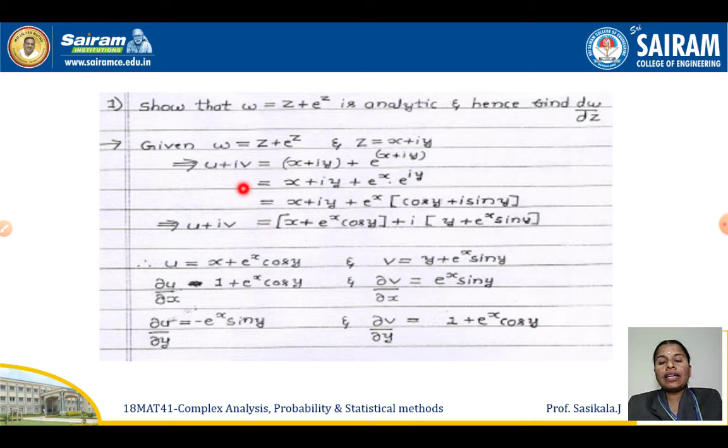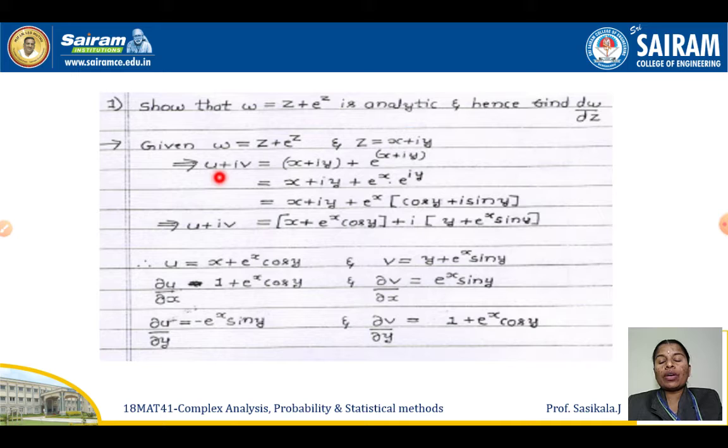You can see that w is equal to z plus e power z. We have to see which is easy to substitute. If you substitute in Cartesian form, can you easily get the real and imaginary parts? According to that, we choose the form of z. Here we can easily get the real and imaginary parts by choosing Cartesian form, because I have an e power z term, which, written as x plus iy, we can easily write in the format of a power m into a power n. For that reason, I'm going to choose Cartesian form.